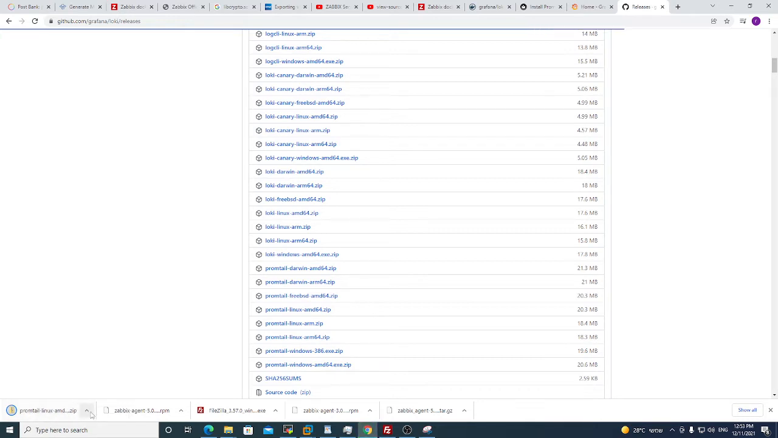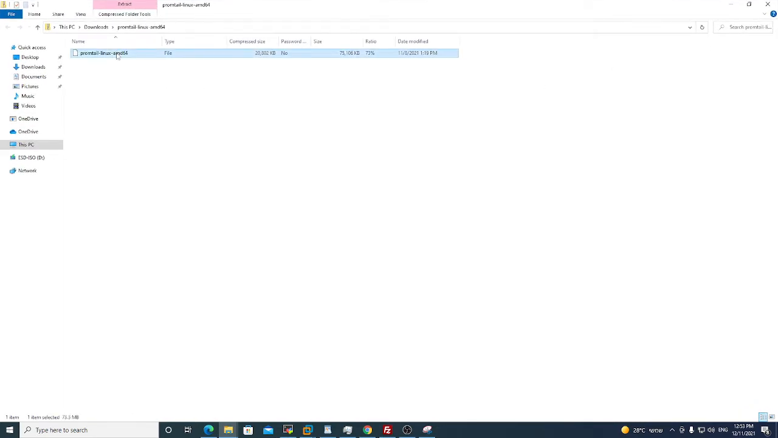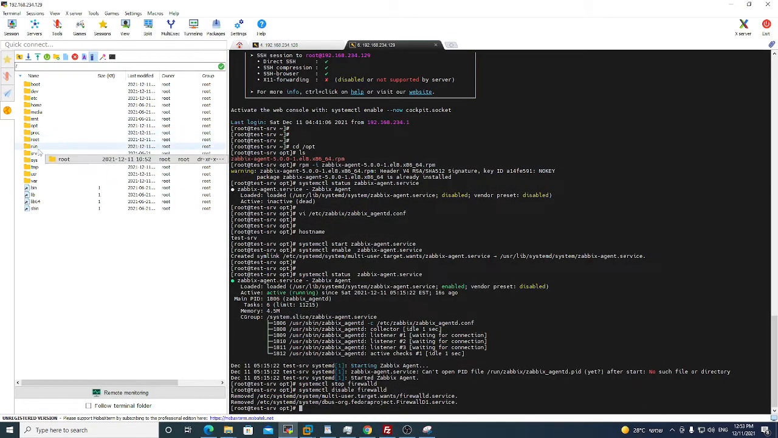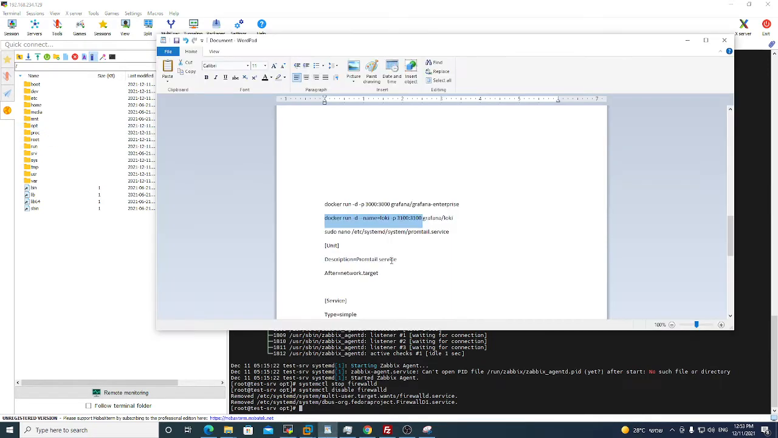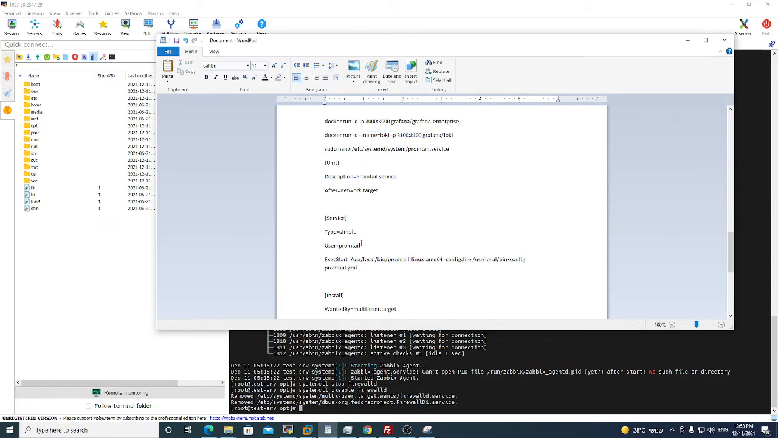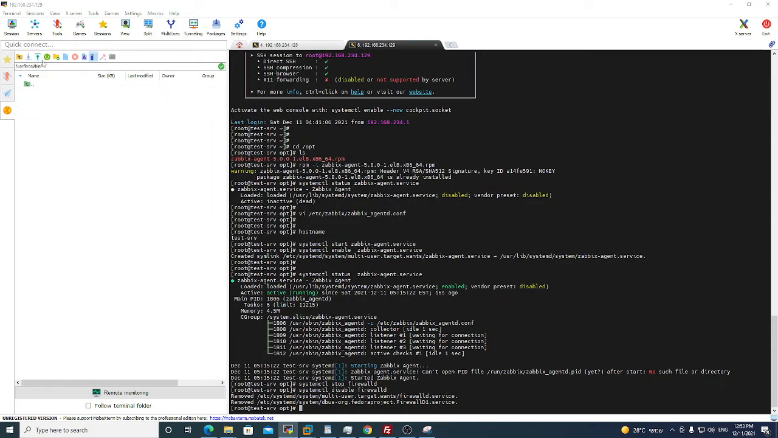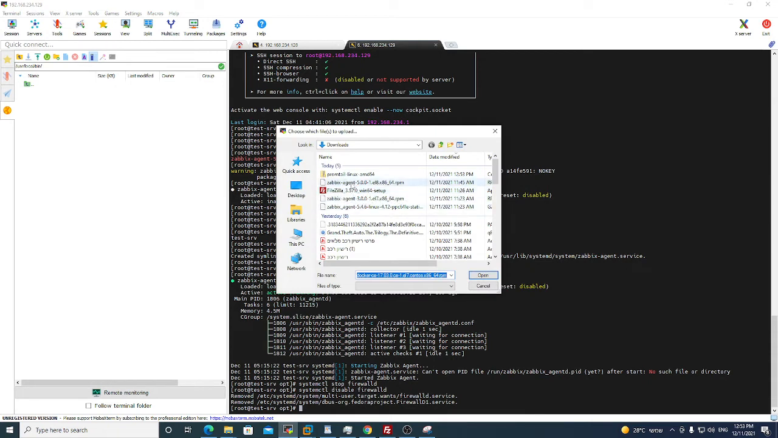Now we will unzip it. We will unzip it to my desktop and we will upload it to this path. Why this path? For many purposes, for our convenience. So we go to usr local bin and here we will upload the promtail